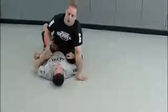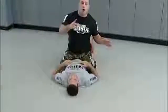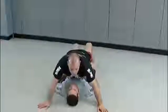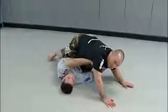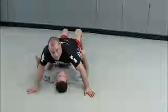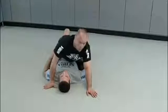It's very important when you're practicing this one, have your partner throw you off and go to get up. If Joey just throws me off and doesn't move, he throws me off to the side like this, I might not be able to get the arm lock, but I don't need to. I could just swim through his arms and come back to mount. So he's going to have to give me the right energy by going to throw me off, going belly down,